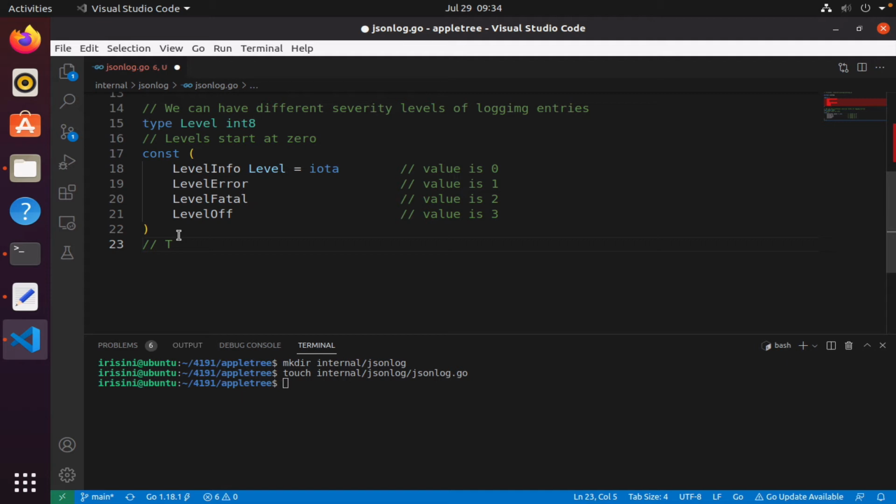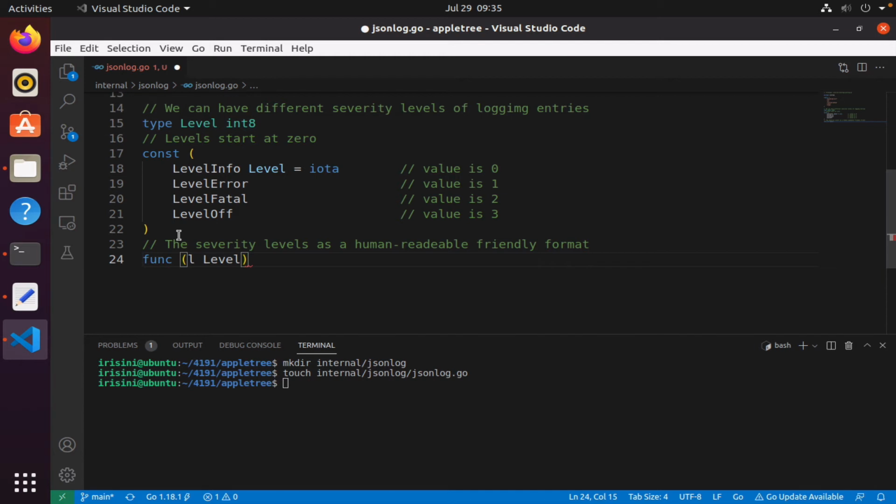So the severity levels in a human readable, friendly format. And so what I'm going to do is to create a function, well actually a method, on level,